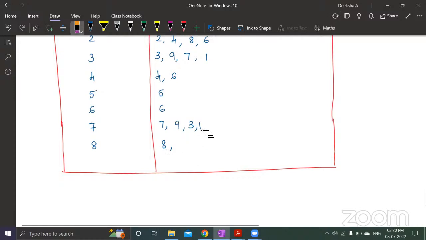8 squared is 64. Last digit is 4. 64 into 8: this is 8 cube, where the last digit is 2. We don't need the complete answer, we just get 2. Now, whatever this number is, when I multiply with 8 again, 8 twos are